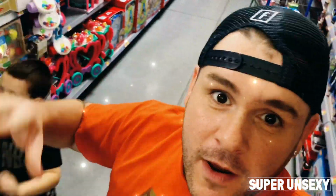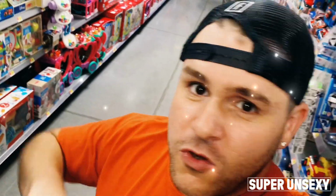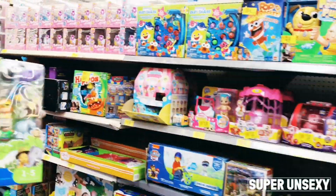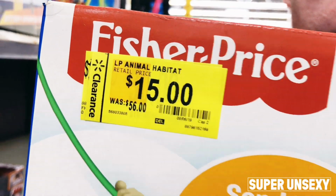There's people everywhere. That's why the recording, if you notice, is a little jumbled and we're getting pushed into corners. You can't see it all in the video, but there's people everywhere grabbing all this clearance because this stuff was just marked down. And as you can see, here's someone running by the camera right here. There's a lot of people around, and it's not their fault that I'm trying to make this video, but